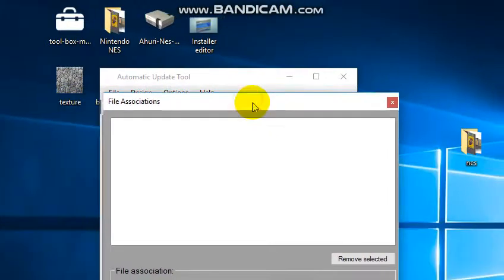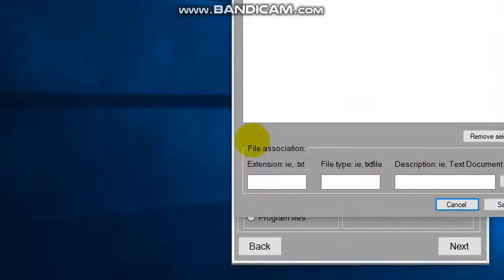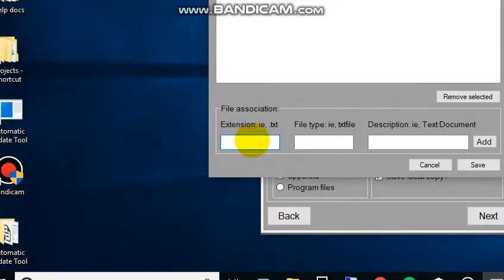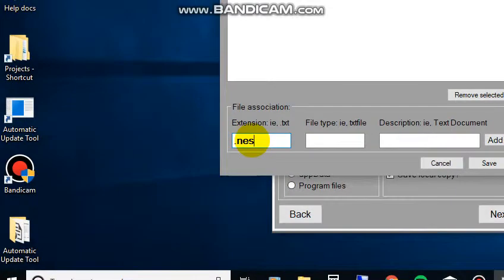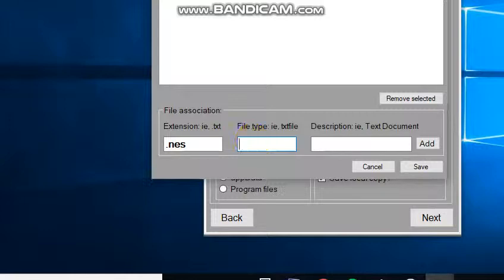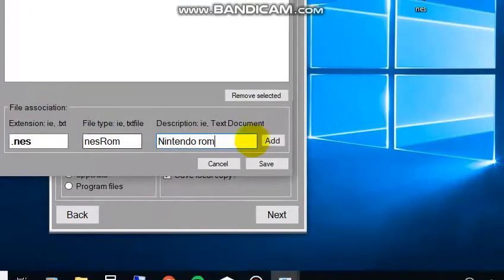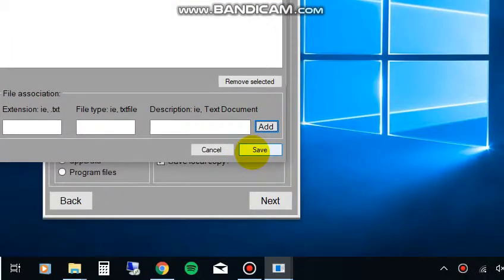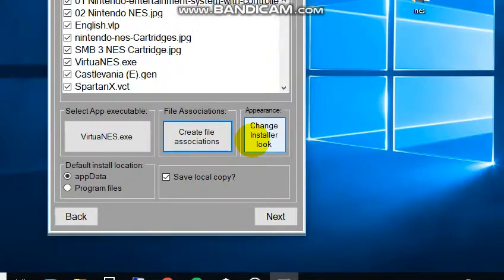Create file associations. This is new in the new version. So this window right here, the create file associations, what you're going to do is create a new file association. In this case, we're going to use the Nintendo Entertainment System file extension. We're going to call this NES ROM, and then add a description there. Click add, and that's going to add this new file extension. So that way when the installer installs this, it's going to go ahead and